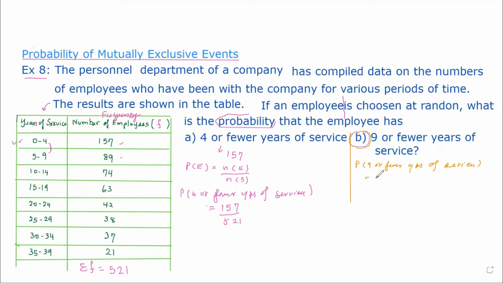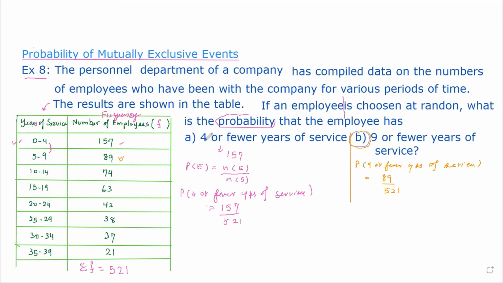This one is going to equal 89 over the total, the sum of the frequencies, divided by 521. So we got it. If you remember the formula from the previous example we just finished,